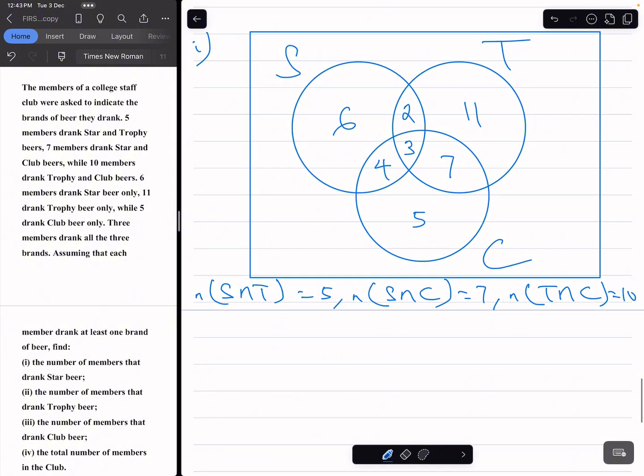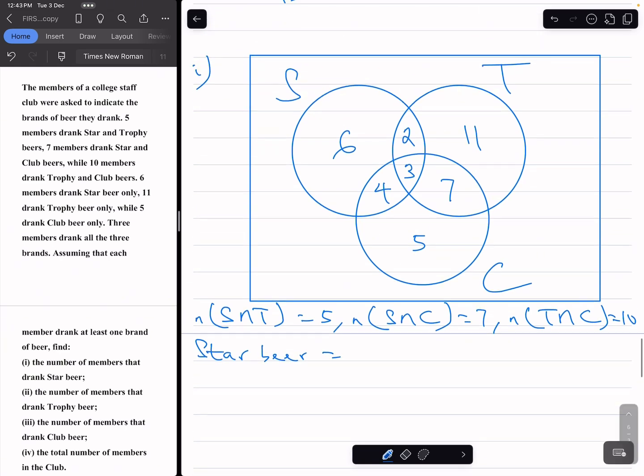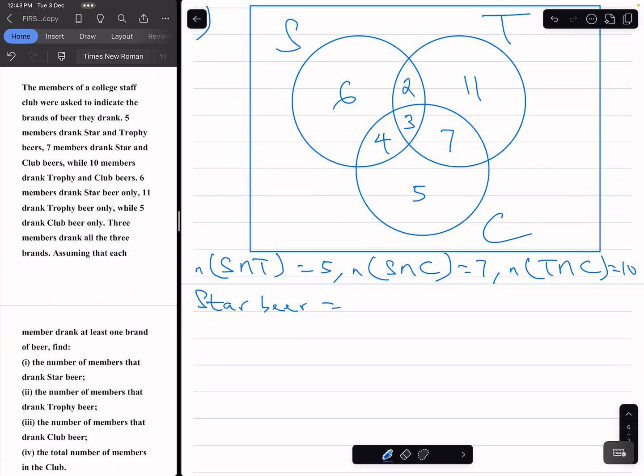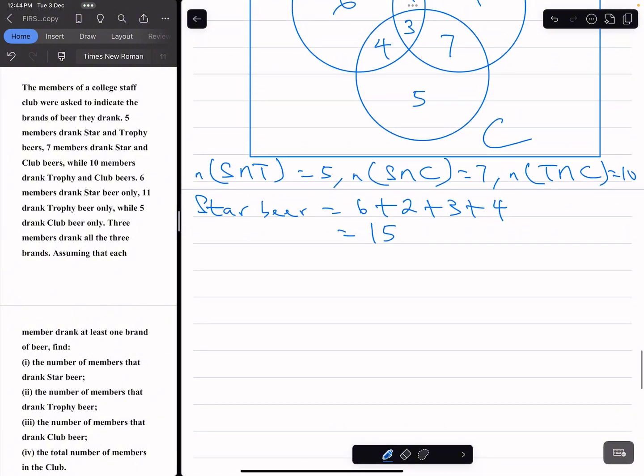Now how do we find the number of members that drank Star beer? The number of members that drank Star beer will now be 6 plus 2 plus 3 plus 4. That's actually the number of elements in the set S. That's 6 plus 2 plus 3 plus 4, which is equal to 8, 11, 15. So 15 members drank Star beer. Let's go to Roman figure 2. Roman figure 2 says